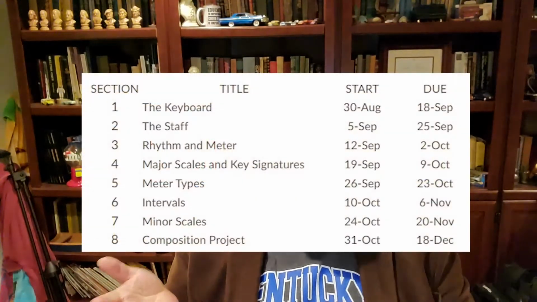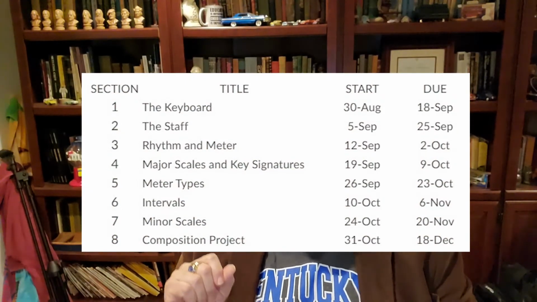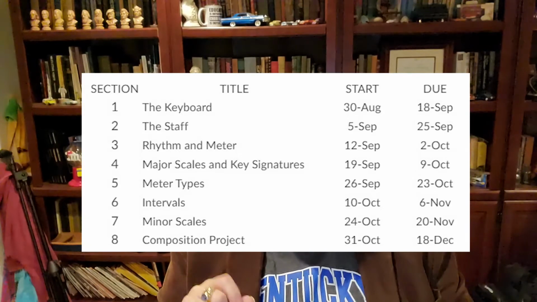Now, obviously, we don't have 7 months, okay? So this has to sort of overlap a little bit, but still, you've got all this time to complete these sections. So as you can see here, you have a start date and a due date for each section, including the midterm and the final exams. The only exception there is the midterm and the final are only a week in length.